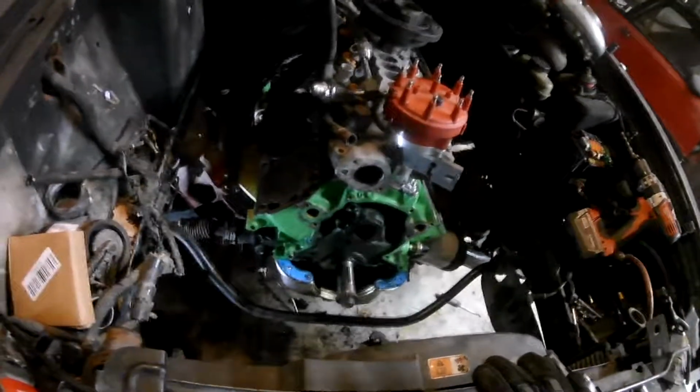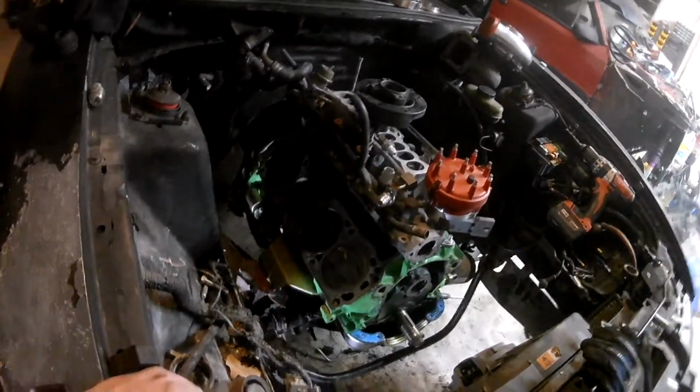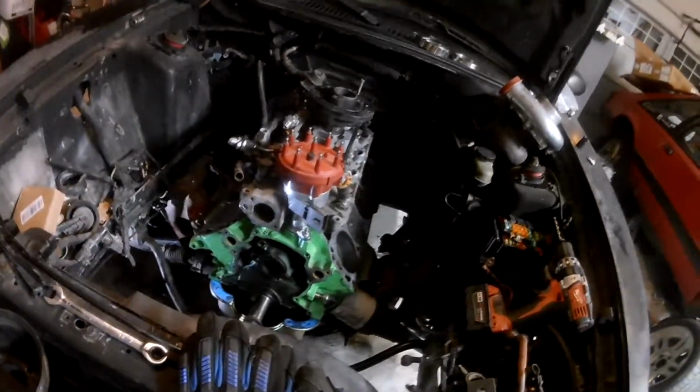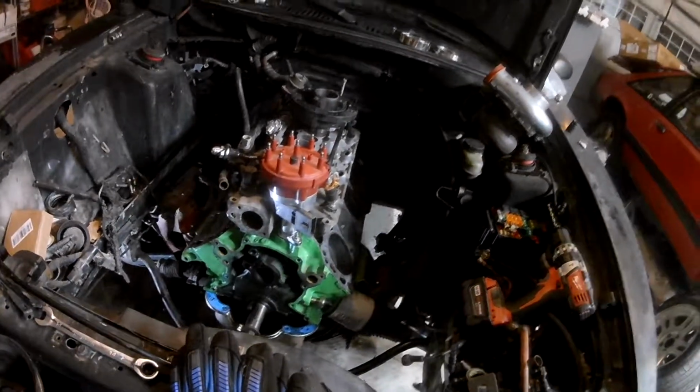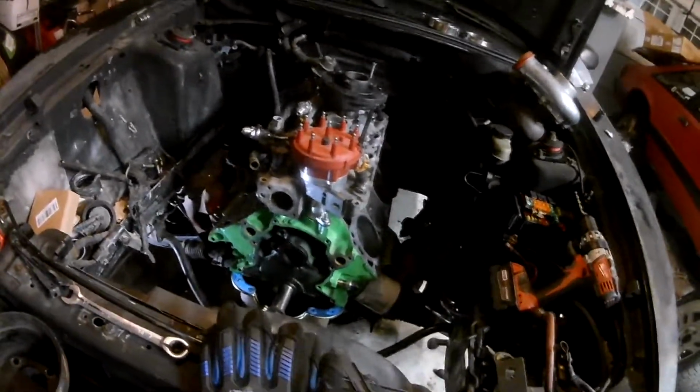I've got some parts just sitting on the engine for mock-up purposes, waiting on a couple of parts to show up. We're waiting on lifters so that I can put the heads on. Instead of going with the factory lifters, we're doing link bars just to make things easier, that way I don't have to have the whole spider assembly on there. So once those are in, the heads can go on and we'll get the intake sorted and lined out. The hot side piping will be here tomorrow, so we'll get the hot side mocked up